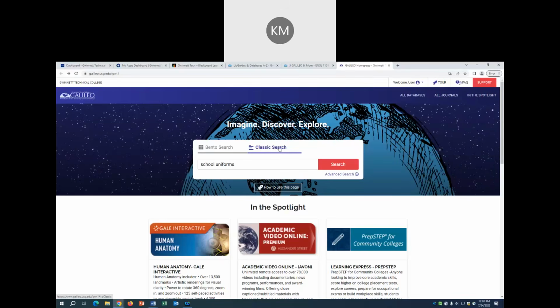Now, once we select the classic search option, we can go ahead and add in our overall topic, school uniforms, our first keyword, and one additional keyword as well. Now, to add an additional keyword, it is very important that you incorporate and add the Boolean operator AND in all capital letters, and then add the next keyword,